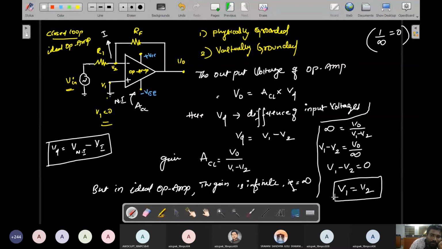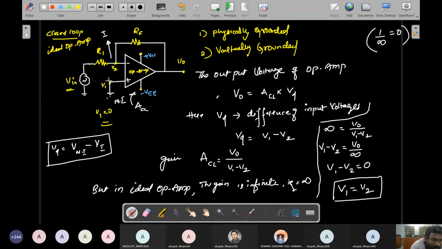My result is, whatever the potential is at the V1 terminal, the same potential appears at the V2 terminal. V1 terminal means non-inverting terminal; I am connecting physical grounding. But V2 terminal I am not connecting to the ground. Yet from this derivation, V1 is always equal to V2. That means whatever the potential at point V1, the same potential will be obtained at point V2. So even though I am not connecting grounding,